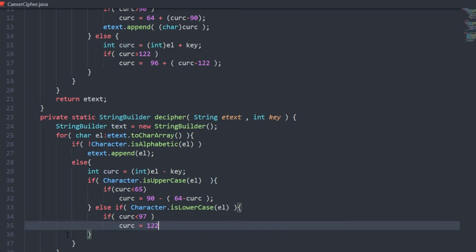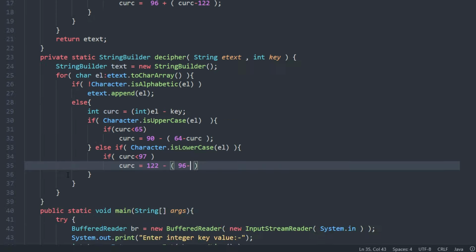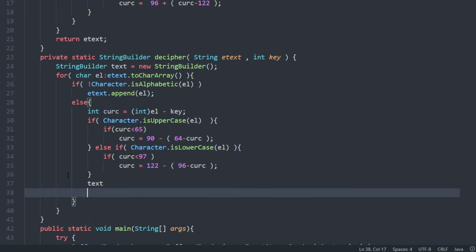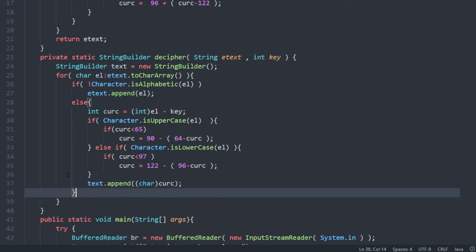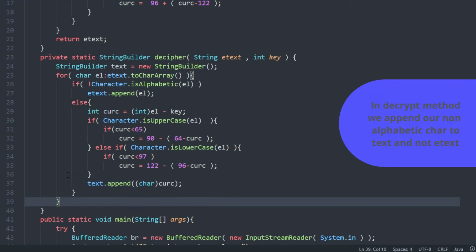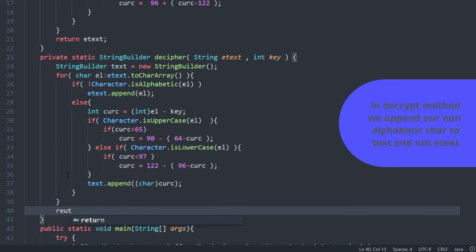So here we will add 122 minus, or 90 minus current C, and now we can just append text dot append character value of our current C, and now we can come out of our for loop and just return text.